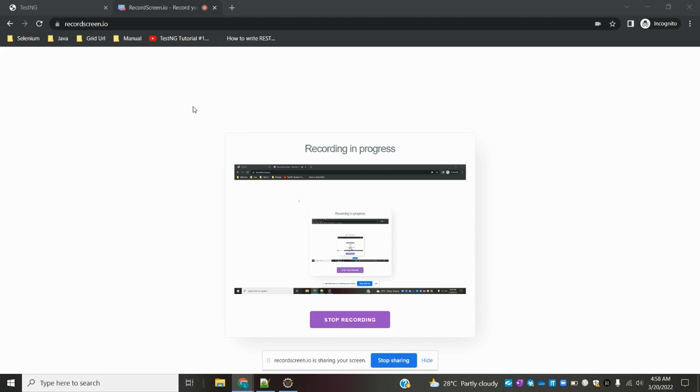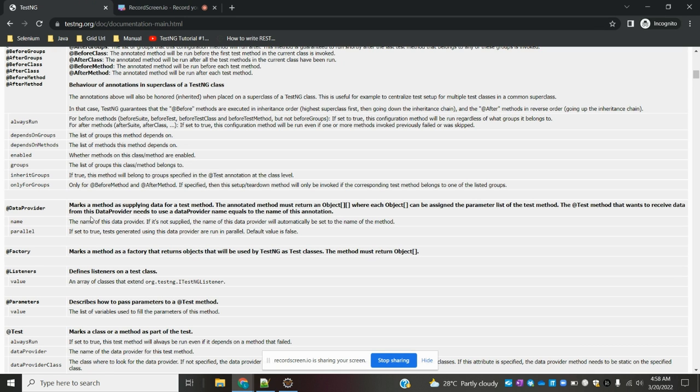This is Lokesh and today we are going to discuss data provider in TestNG. Data provider is a default annotation in TestNG. Basically, we use it when we need data from an Excel sheet, a notepad, documentation, or any kind of file, like a JSON file or XML file, that needs to be referred to in some other method. We set up the data and return it, and that returned data needs to be captured in the particular method. That is when we can use our data provider, and we can return objects,